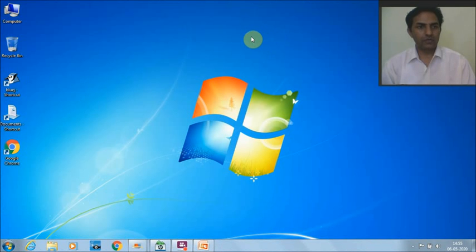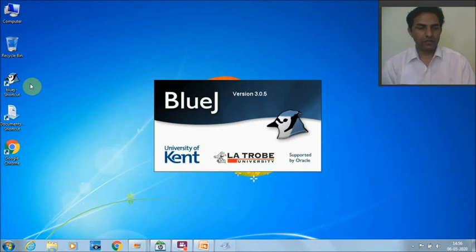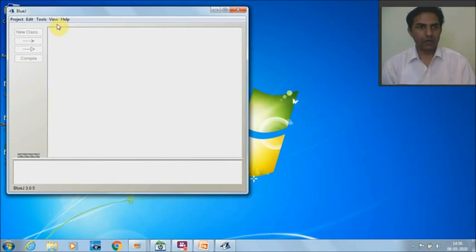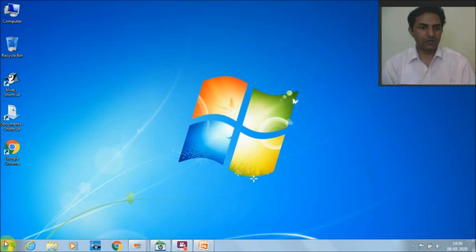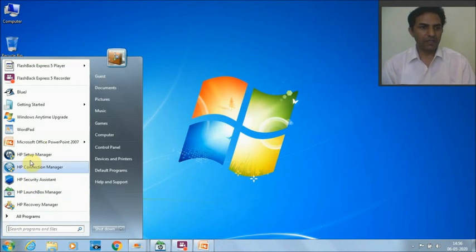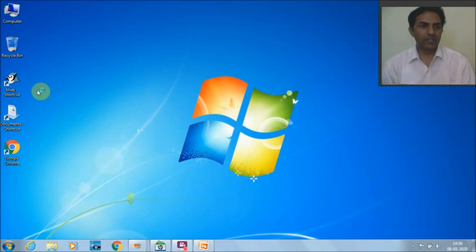Let us see how to start BlueJ on your computer. From the desktop, you just double click on the shortcut icon. Now you can open BlueJ on your PC. Second way, you can click on the start button and from there find the BlueJ icon.